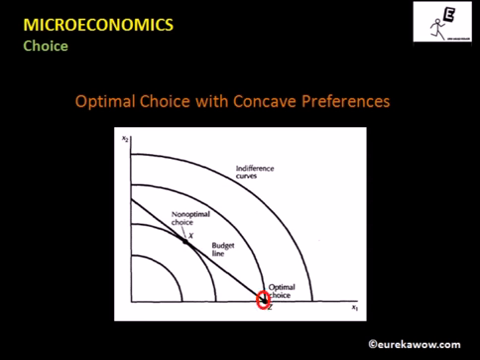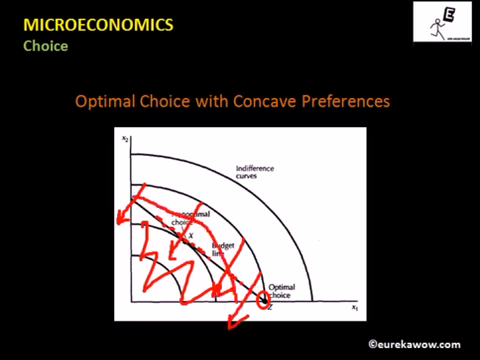Why? Because first, it's affordable, and second, if we take any other point that lies on the budget line and on the budget set, all these bundles are lying to the left of the indifference curve on which this point Z lies. And as a result, when we draw the indifference curves, all of them will be lying on a lower indifference curve and will be providing lower utility to the consumer as compared to the bundle Z, which lies on the highest indifference curve as well as is affordable.